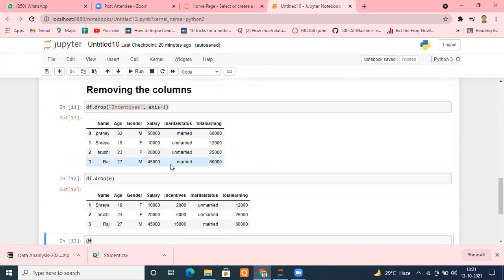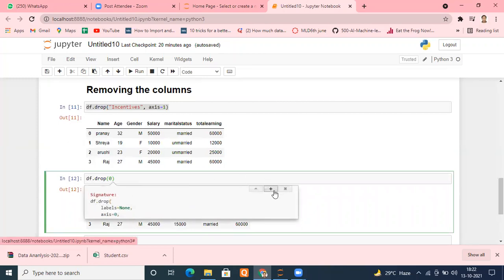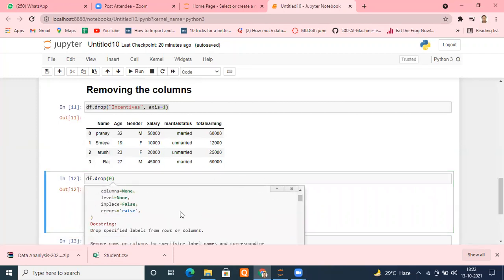Actually, what happens is if you go again inside the definition of the drop function, whether up or down, there is one more parameter. Press shift and tab, and its name is inplace. Can you check? inplace equal to False. It says don't make changes in the original data frame.